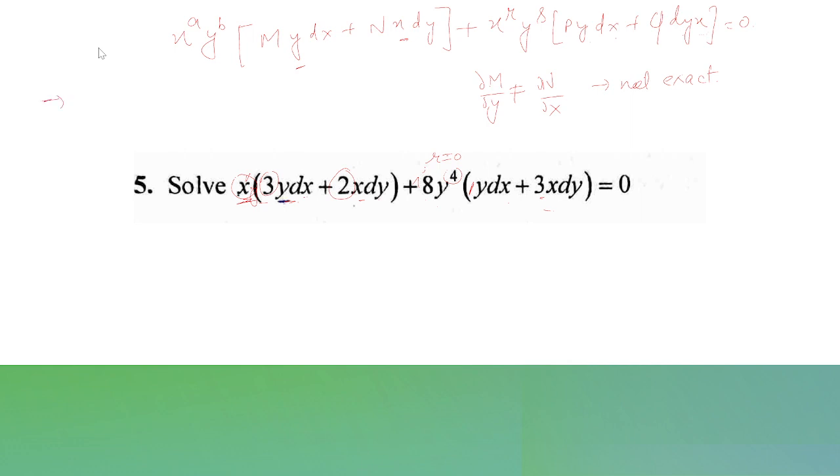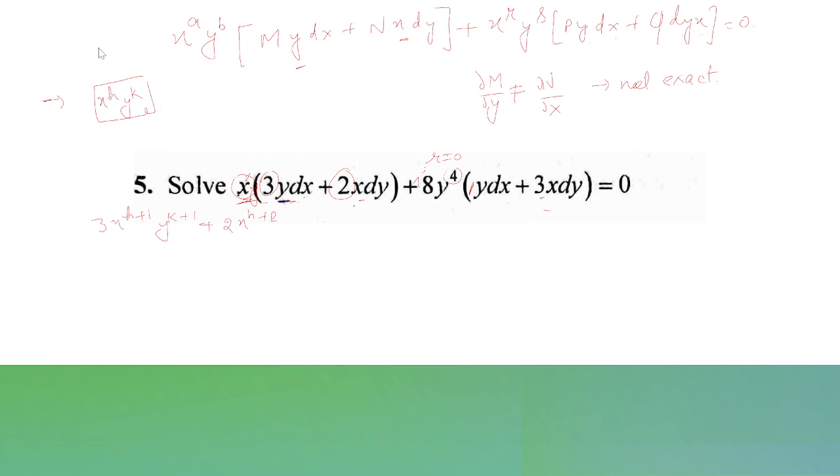How can we find its integrating factor? By taking the previous case, the integrating factor is x raised to power h into y raised to power k. If we get the integrating factor, what do we do? Multiplying the equation by the integrating factor, what we get is 3x raised to power h plus 1 y raised to power k plus 1,